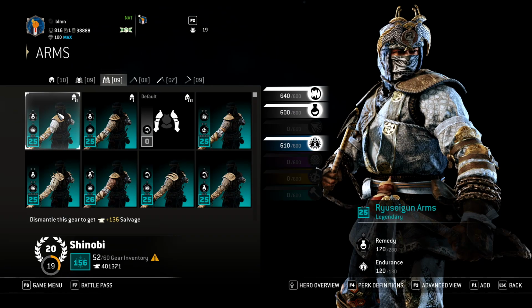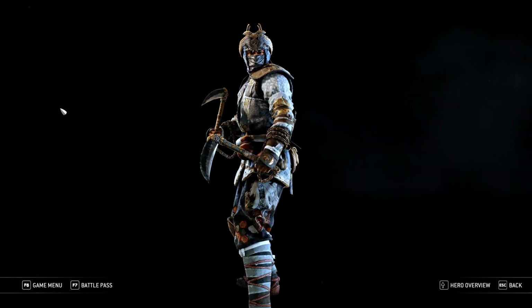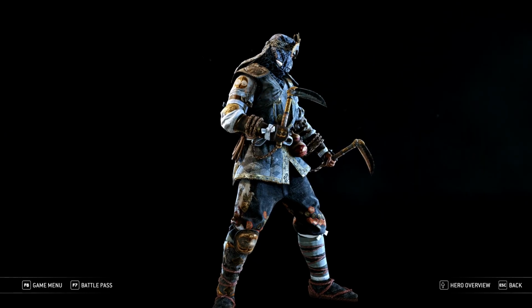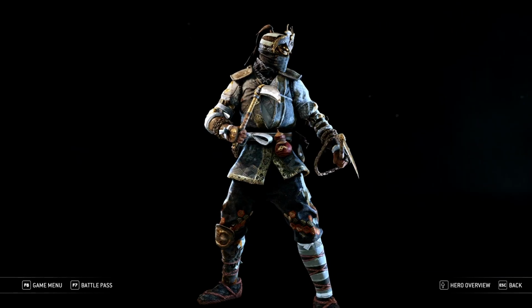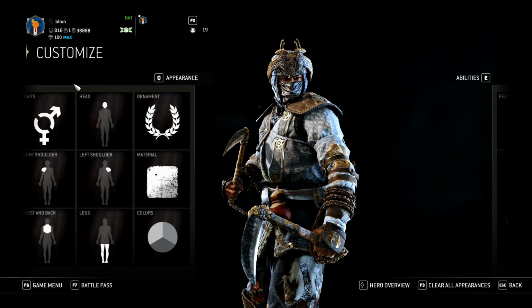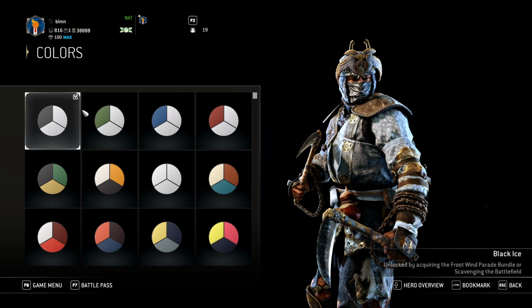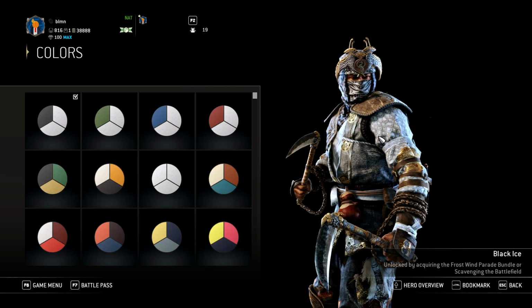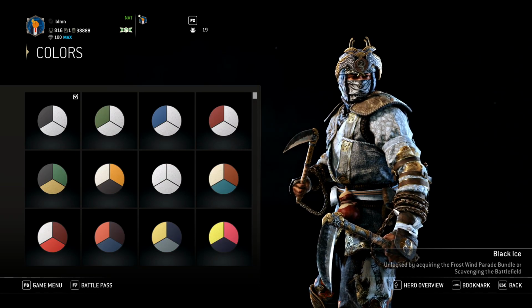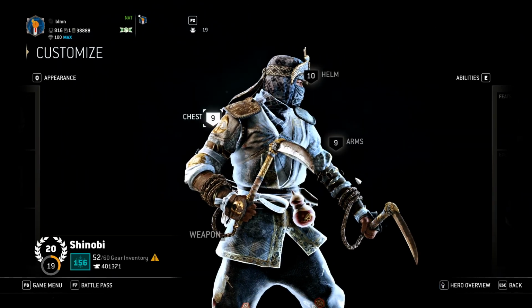Doesn't really matter. I'm not using patterns. See, this I'm using the Ryusegan, which is the other headpiece. And I think it looks great, you know, the blue on blue. Using this ornament. The color is just white, but, you know, this little wrappings are white. The whole point. Everything else just...